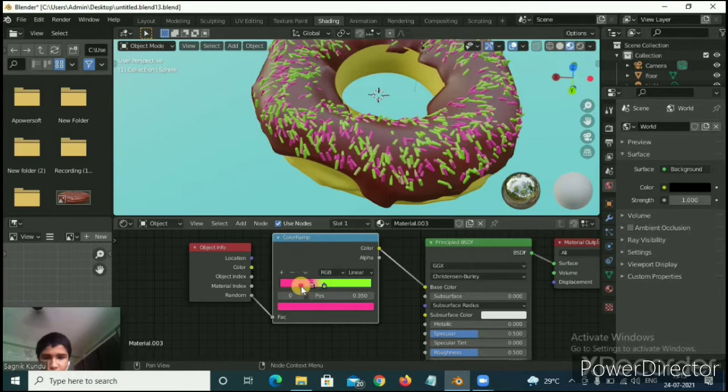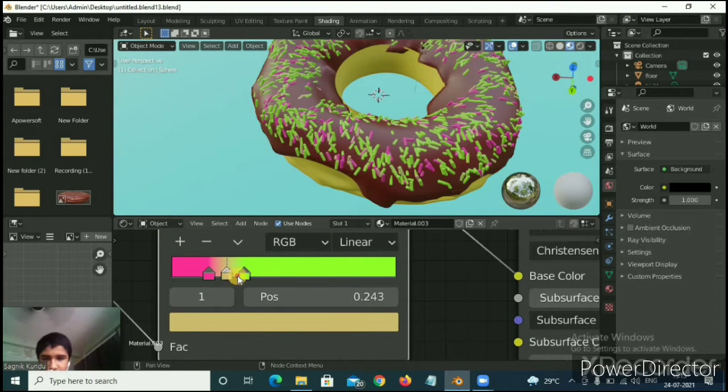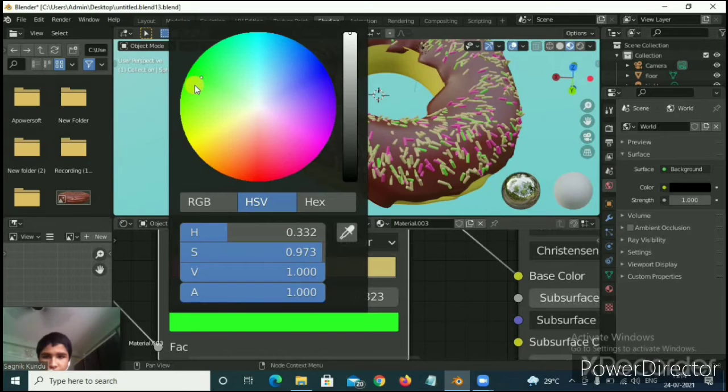And then I'll also decrease this and decrease the green here. Then you can see, if you click on this plus option, another line will come. Okay, so what I will do, I will bring it here and then, okay, wait, let me select it green.